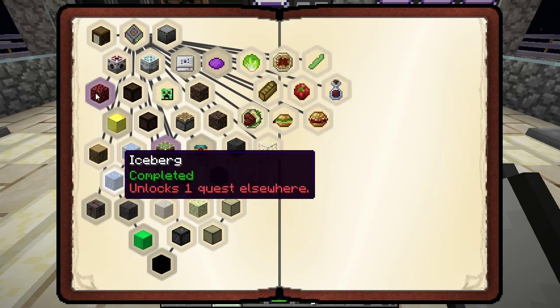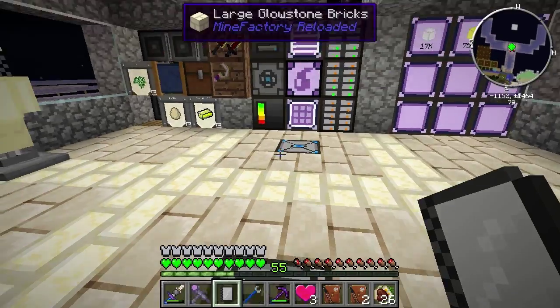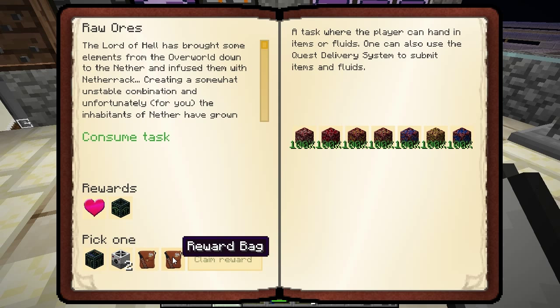So we'll go back in here. I finished the raw ores. This one was mostly finished from the laser. There was a bunch of stuff sitting in the crafting thing. I think I will probably set up this ender quarry because yeah,